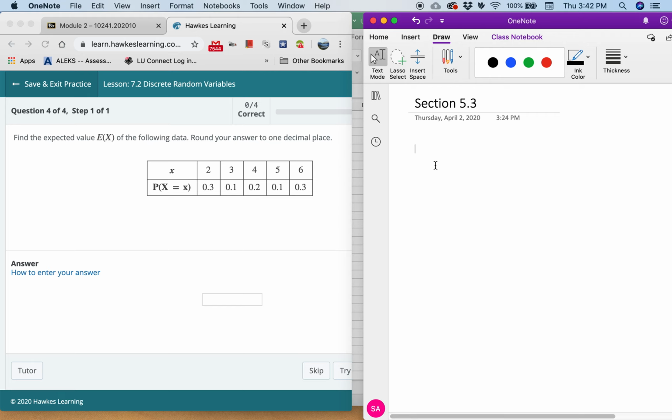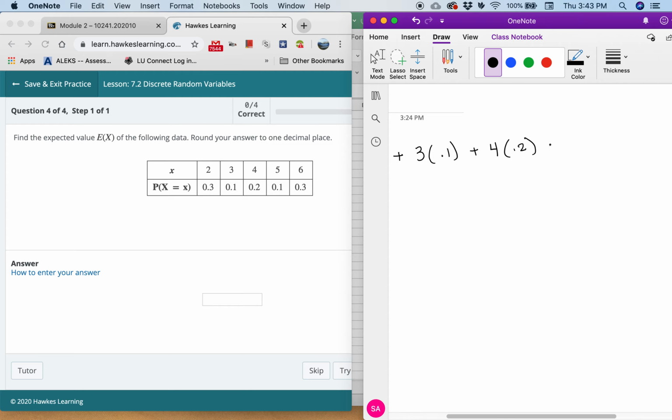So if you're handwriting this out, what you're doing is you're multiplying the x by its probability. So we have 2 times 0.3. And then we're going to add that to the next column, the multiplication of the next. So 3 times 0.1 plus 4 times 0.2